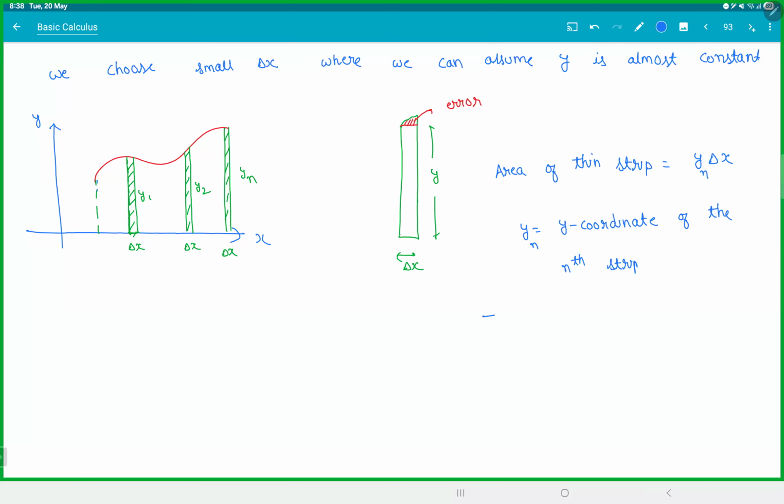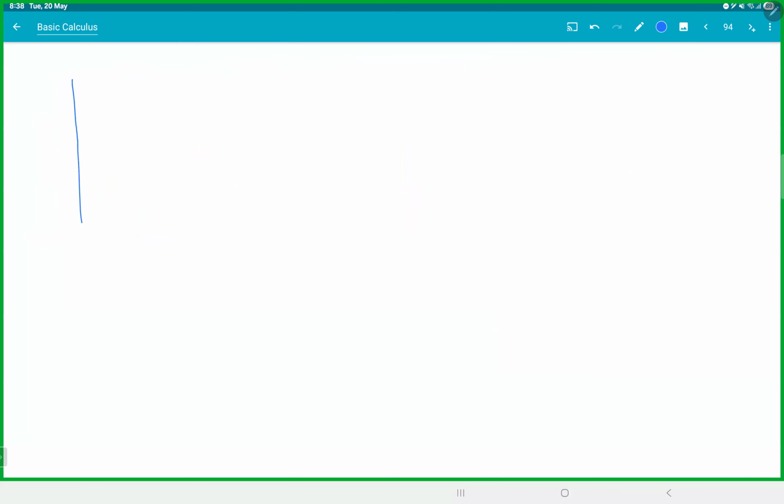But if you see, there is still an error. This is not a proper answer. There is still an error. So what we do, what if you make the delta x very small, do you agree the error becomes very small? So if you try to add all these parts, the total area under the curve,